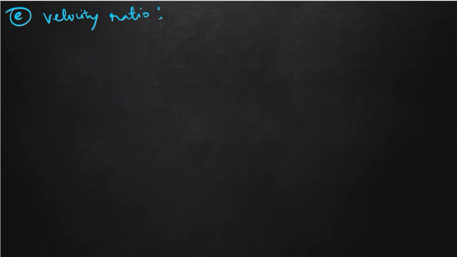So you just write the definition from the book. Write the definition from the book, you will get the answer on page number 33. What is velocity ratio? It is a ratio, with a numerator and a denominator. In the numerator, it is the velocity at which effort is applied on a machine, and in the denominator you have to write the velocity at which the load moves.